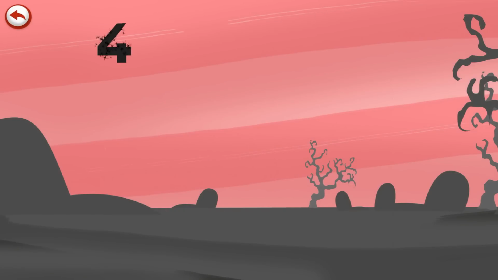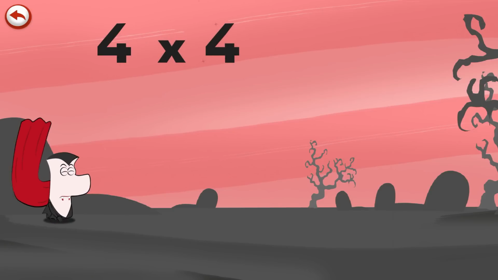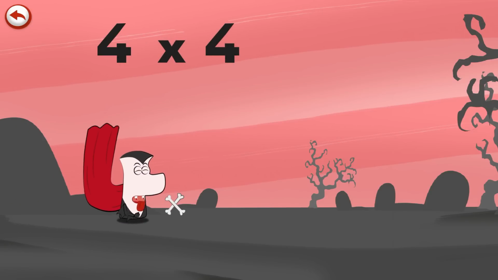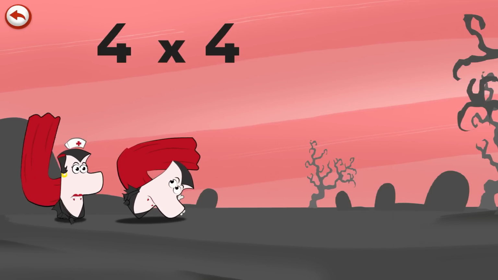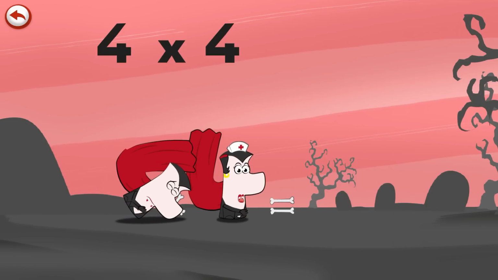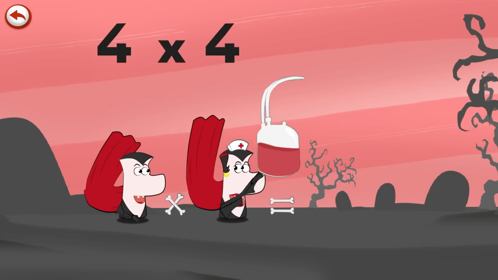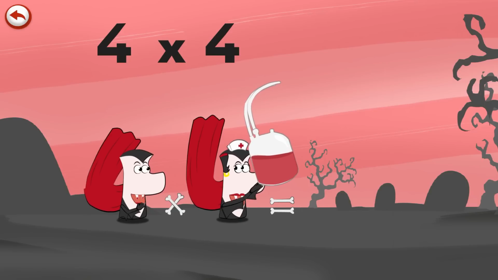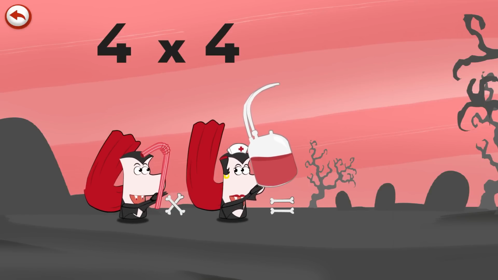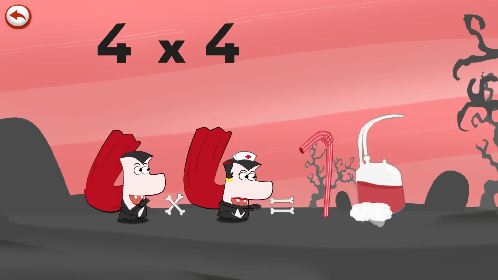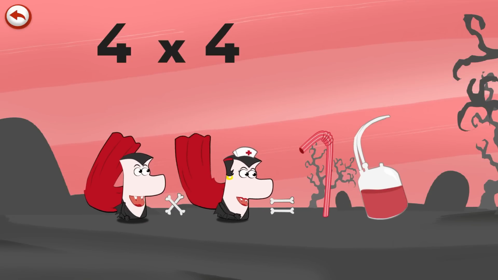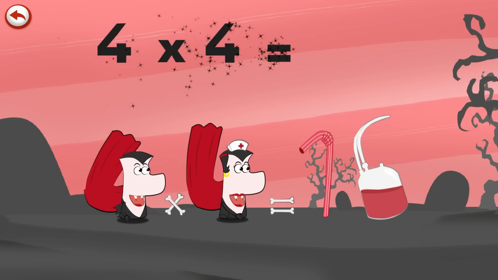What's the story of 4 times 4? When Mr. VampFour wants some fresh blood, he pretends to fall over. Mrs. VampFour comes to his aid with her nurse's equipment and with a fresh bag of blood. There's nothing like a little snack to bring you back to health. Mr. VampFour brings out a straw in the shape of a 1 to sip from the bag of blood, which is in the shape of a 6. Drink up. 4 times 4 is 16.